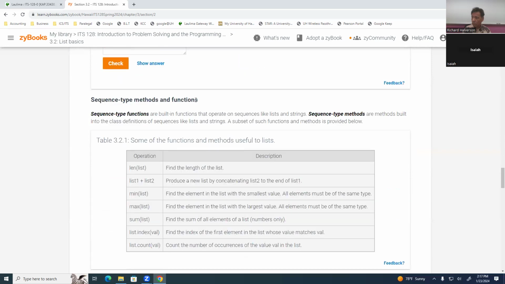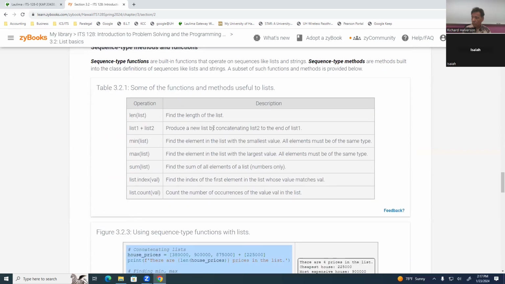Modification, you can modify it. So this is, I guess we still use the same term, concatenating. Makes sense. So here's how you can append one list onto the end of the next list. This is find the element in the list with the smallest value. Of course, all the elements have to be the same type because, you know, strings and integers, how do you say which one's more than the other? Max. This is if all the elements are numbers, you can sum them all up with this one function,